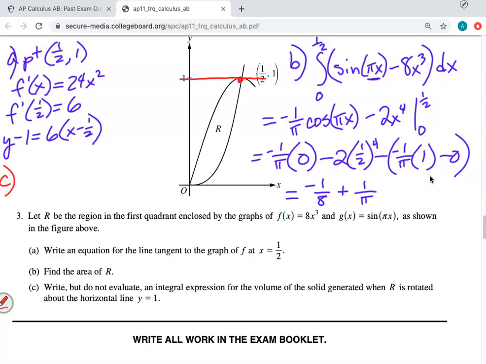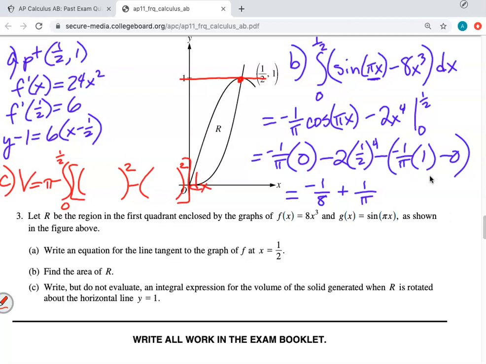So y equals 1 is a horizontal line, which means we are integrating dy or dx? Dx, because we're revolving about a horizontal line. This is going to be disk or washer? Why washer? Because there's space between your axis and your region that's being revolved. Right? Okay. So volume equals pi integral 0 to 1/2 of something squared minus something squared